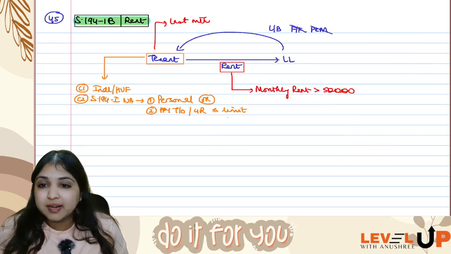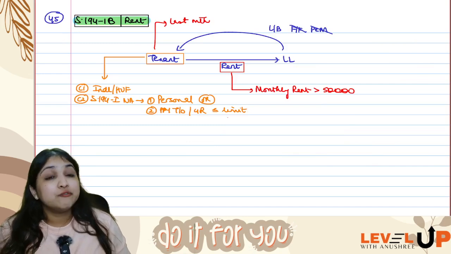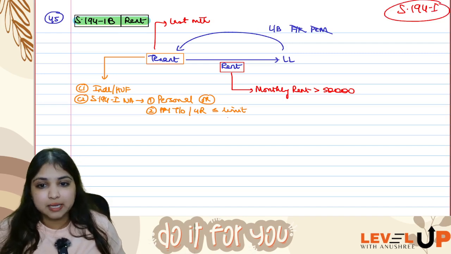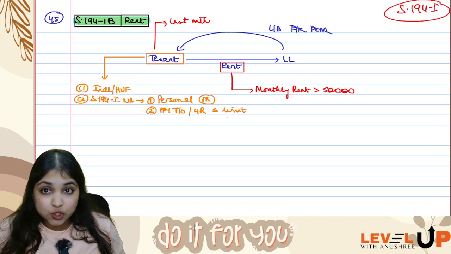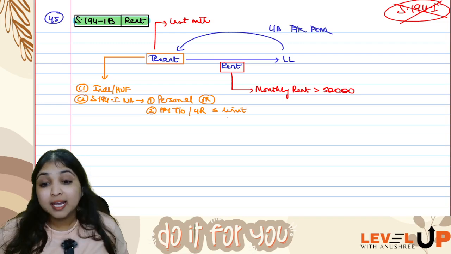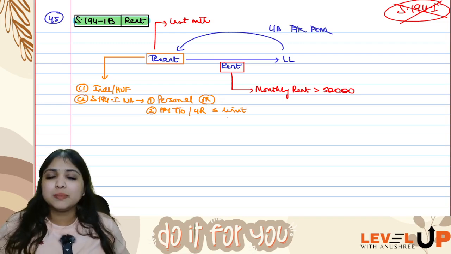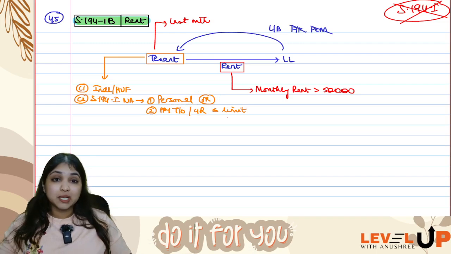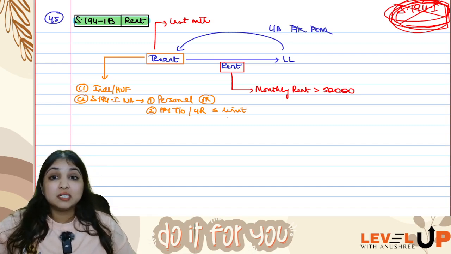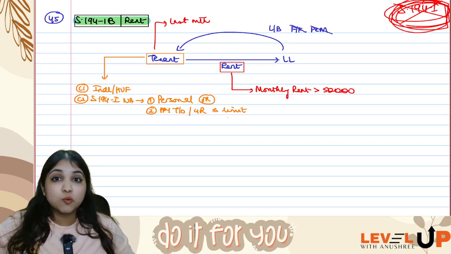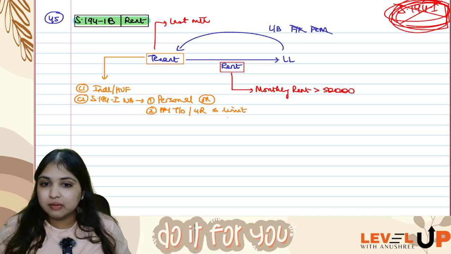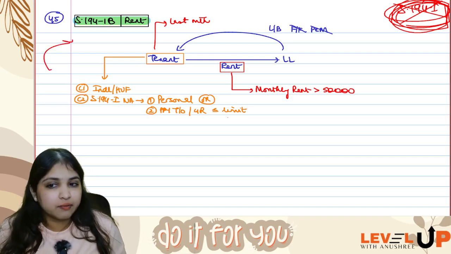Then comes my next point, 194IB, TDS on rent. For TDS on rent, you have 194I also. But when will 194IB apply? The deductor has to be individual or HUF, condition 1, and condition 2, 194I is not applicable. Why? Either because it is personal rent or because the turnover gross receipt criteria is not applicable. 194I is an audit-linked section, no? So preceding previous year turnover should be more than 1 crore, gross receipt should be more than 50 lakh. That criteria is there. So if that criteria is not being met, or if it's a personal rent, then it will come under 194IB.